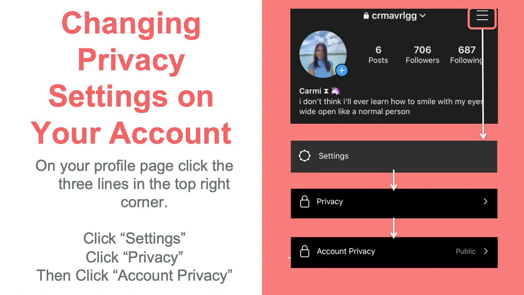So if you don't want anyone who doesn't know you to see your page, you would go to account privacy and make your account private so that only people who follow you can see things. The way that a lot of people post is actually just leaving their account public, because they don't really post too much private information. But if you're going to post pictures of your family, you might want to consider putting your settings to private.